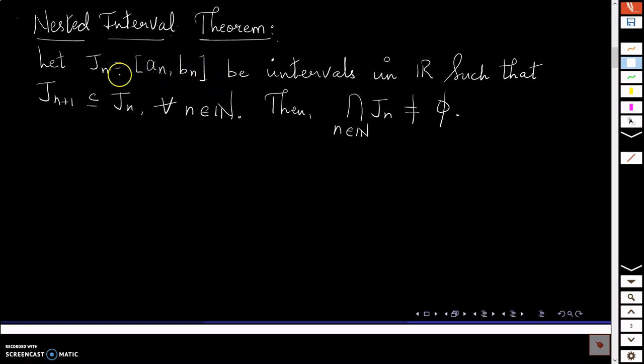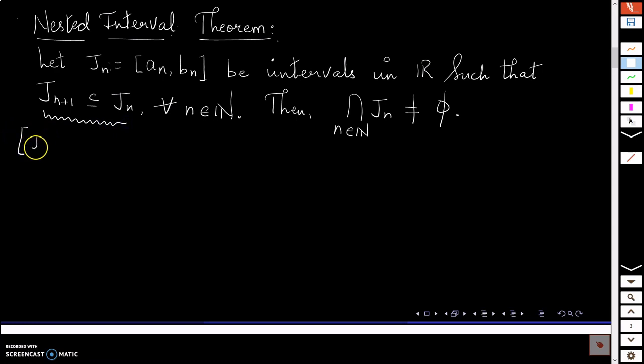All right. So I have taken a collection of closed intervals Jn, and what kind of intervals? The intervals in R such that Jn+1 is a subset of Jn. So again, I've taken a collection of intervals whose length is decreasing with n. All right. So this condition here only tells me that